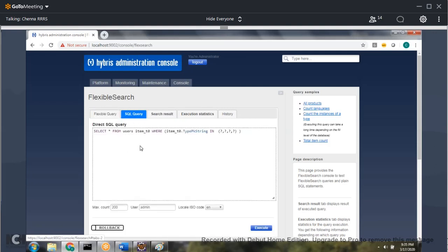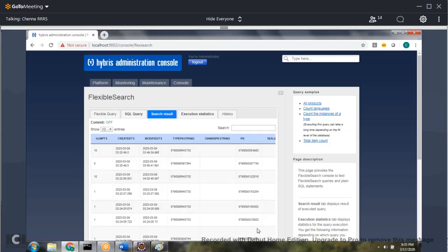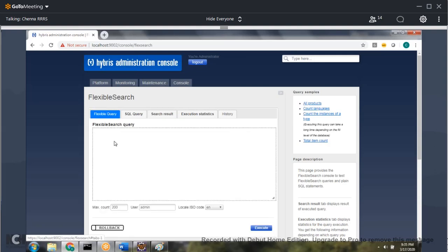You also have the option to execute SQL. When you are writing SQL, you can use the users table name: select star from users. You can see you are getting the results. So this is Hybris, and this is the database.